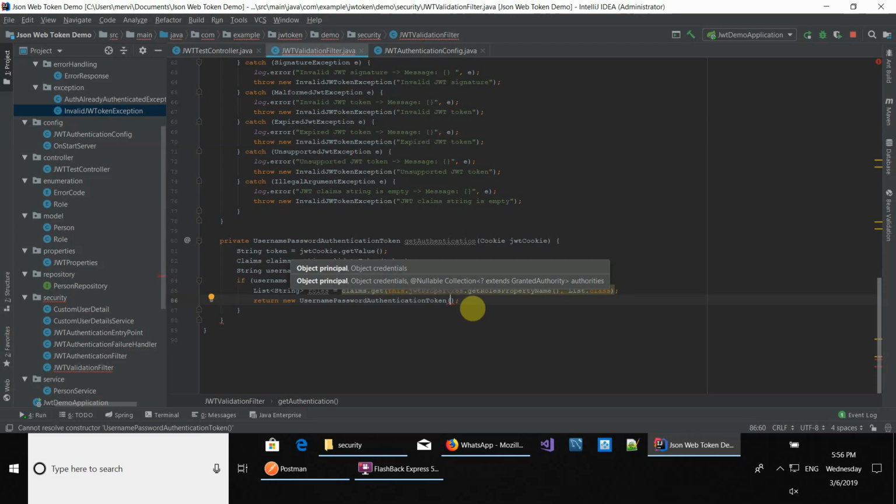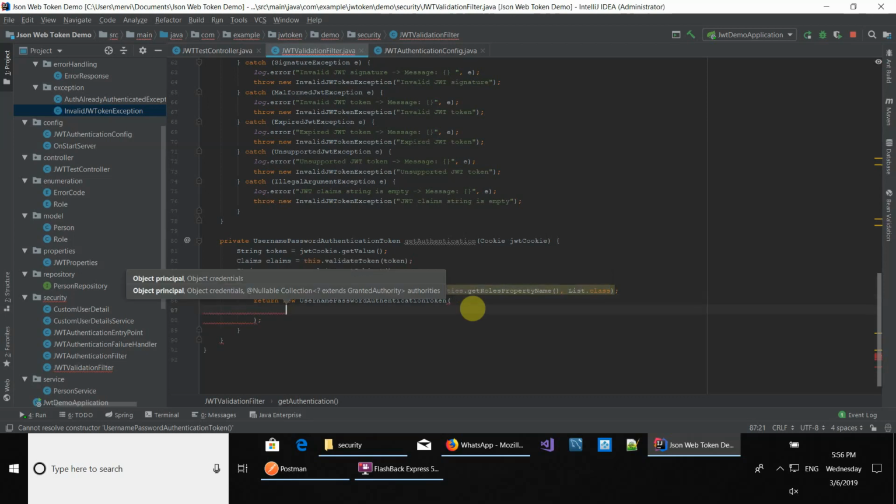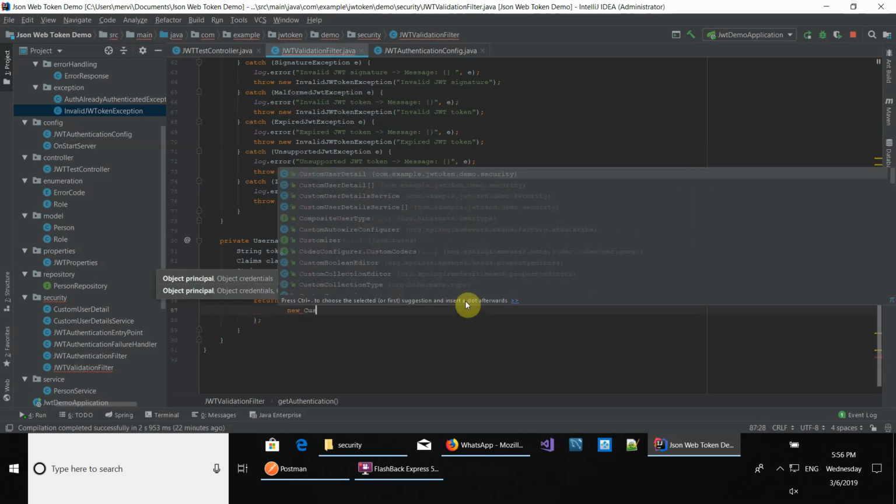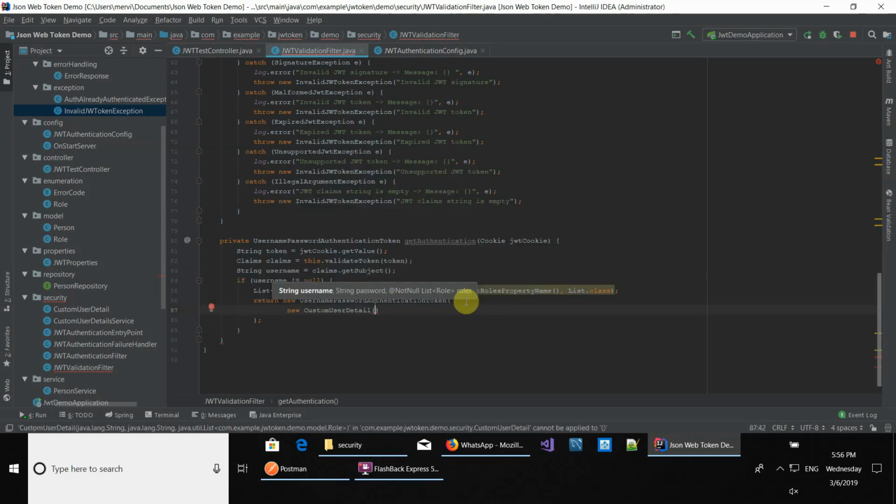So the object principal is going to be of type new custom detail that we created, and the username here is going to be the username that we got in the token. The password cannot be null, so we have to just enter an empty password,